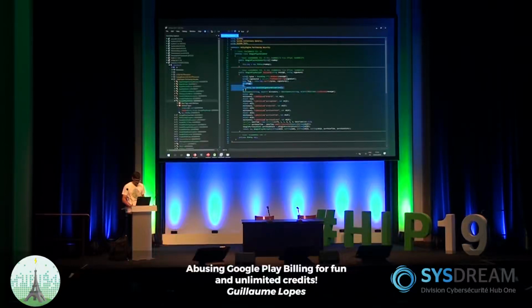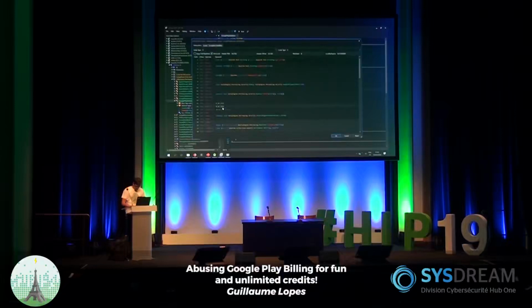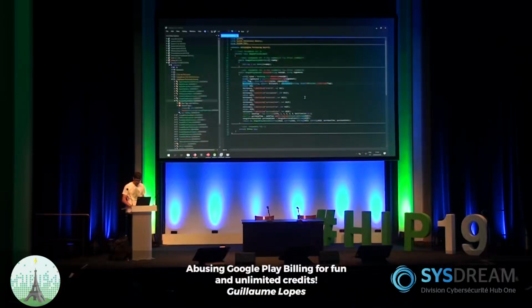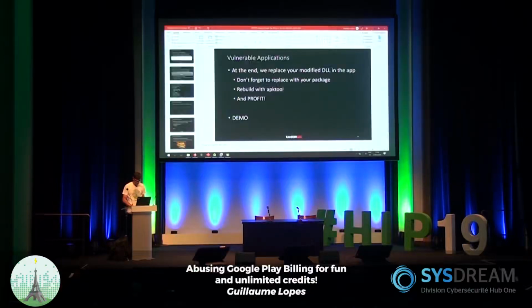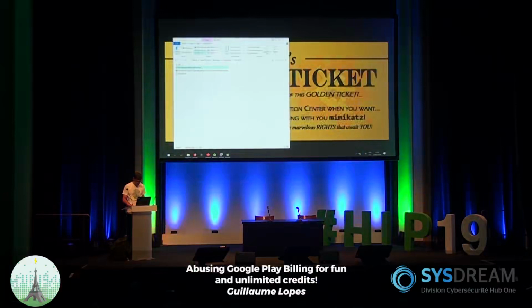So just select the lines, edit, and normally, if I'm not wrong, yeah, this one, this one, this one. Okay, that's okay. So now we don't have the lines throwing an error anymore if the payment is not done. And so after repackaging your application,